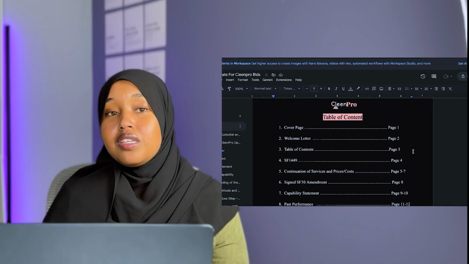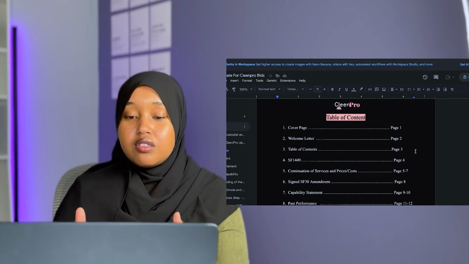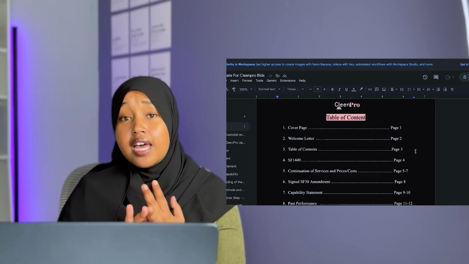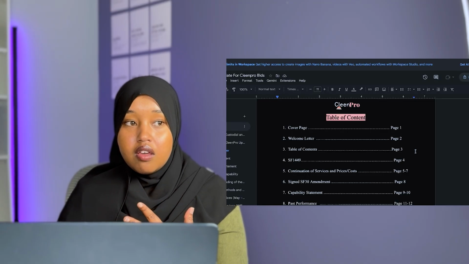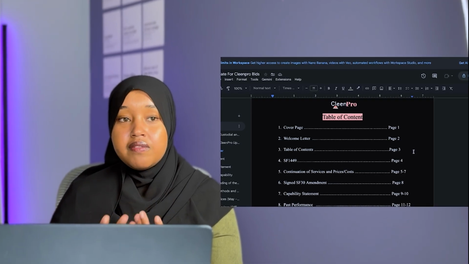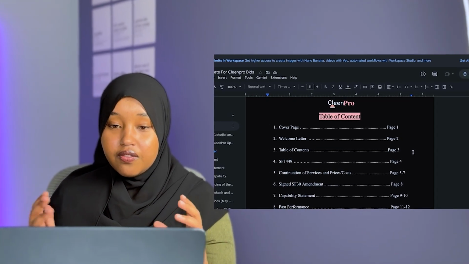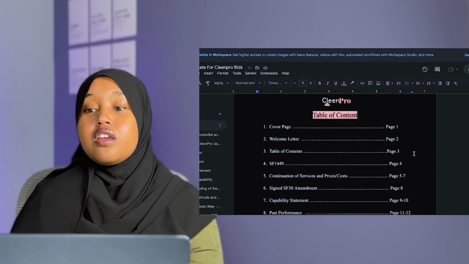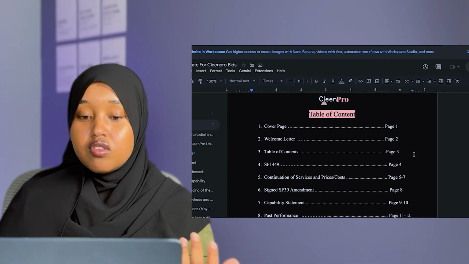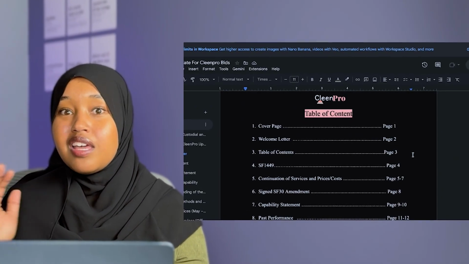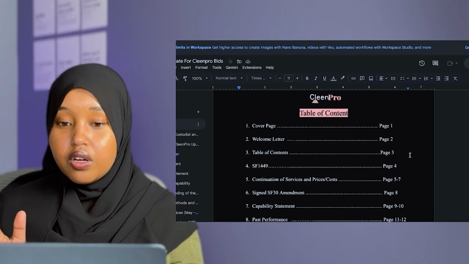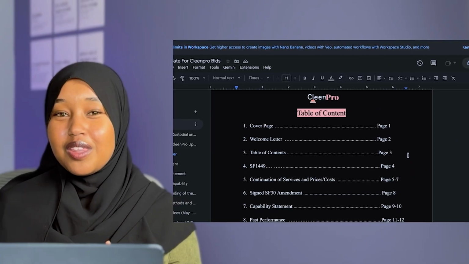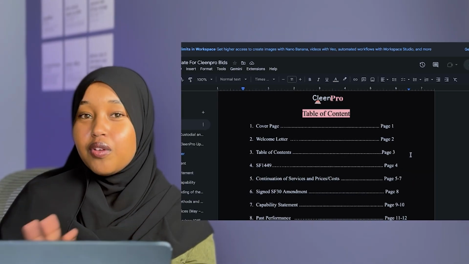Table of contents, you will always have to make sure that you provide this to the hiring officer because first of all, those people are very picky with their time. And second, I always think of it from my perspective. If anybody brings me a big, large document, the first thing that I look for is the information that I specifically need to consider whether I want to review those documents or not, right? So a table of contents will direct me to that specific page. That's why it is very, very important for you to have a table of contents in whatever field you are in, specifically if you are trying to work with government, because they really, really appreciate it if you provide a table of contents.